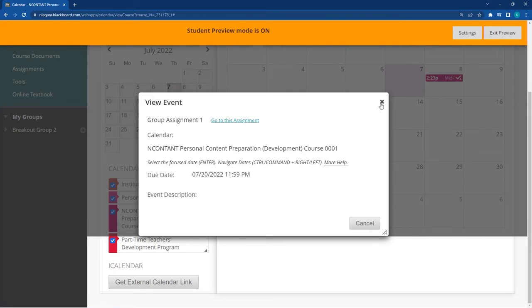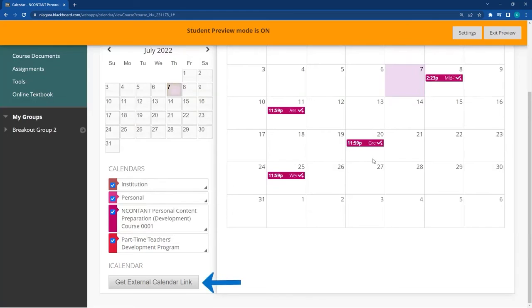Lastly, use the Get External Calendar Link option at the bottom left corner of the page to import your Blackboard calendar into an external calendar